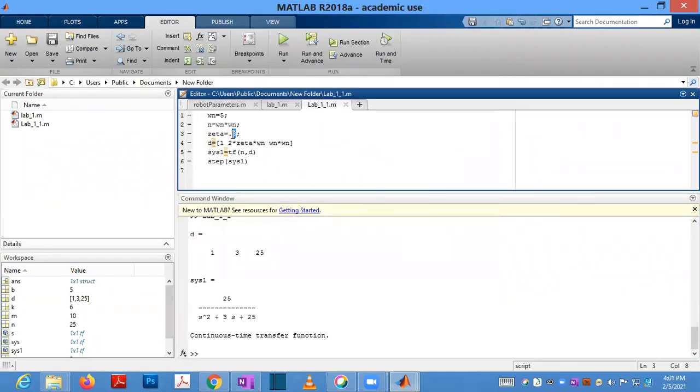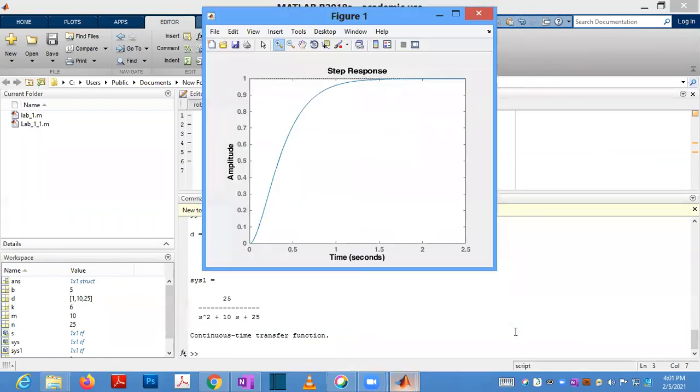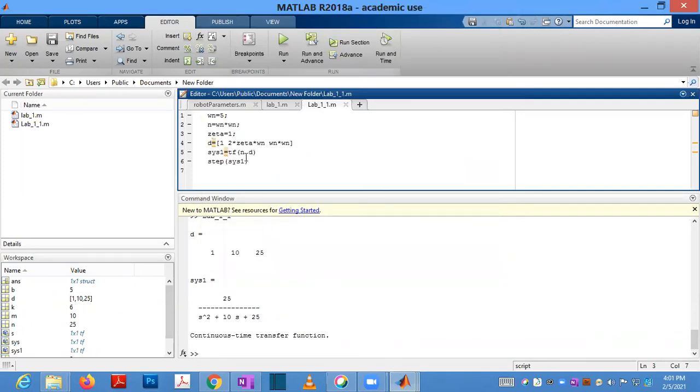Now I am increasing the zeta value to 1. That is called a critically damped system. So a critically damped system will be like this. It is settling to the final value like this. And if you are doing it for 2 or something, it is called an overdamped system.